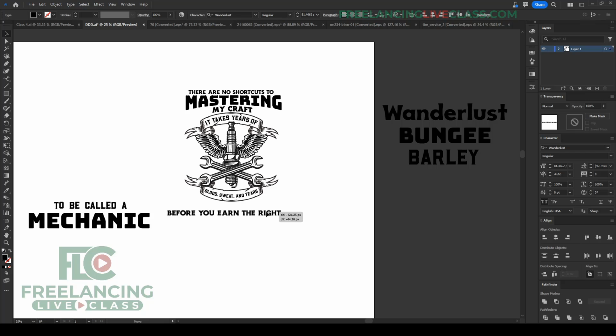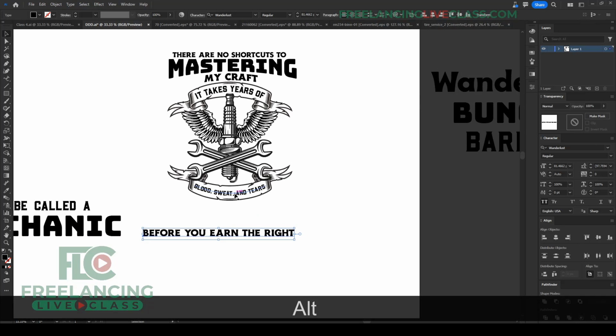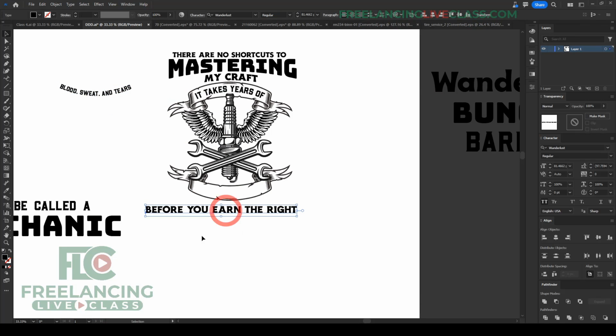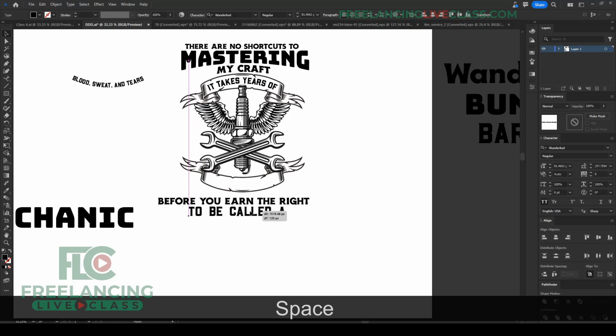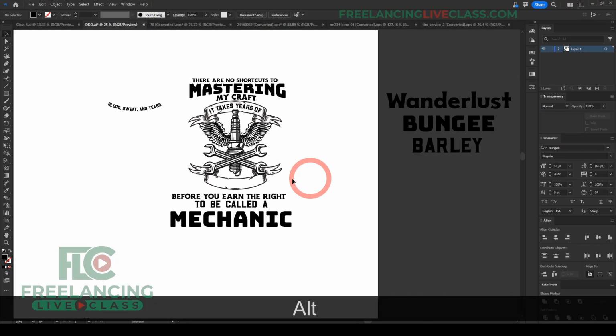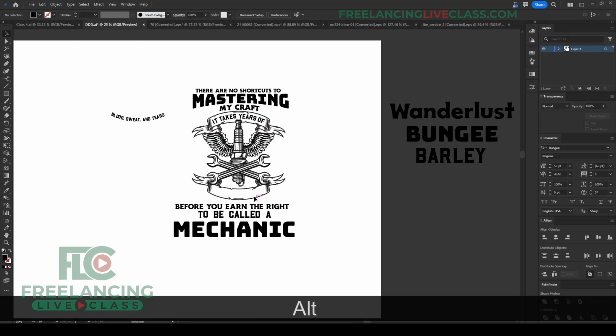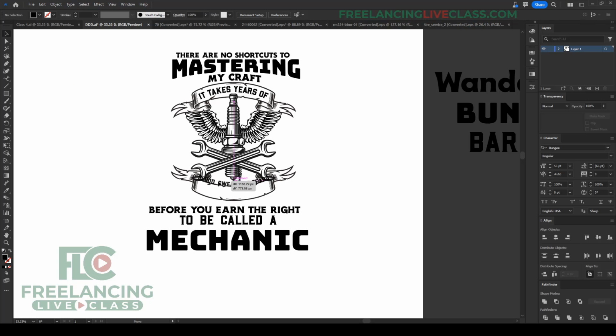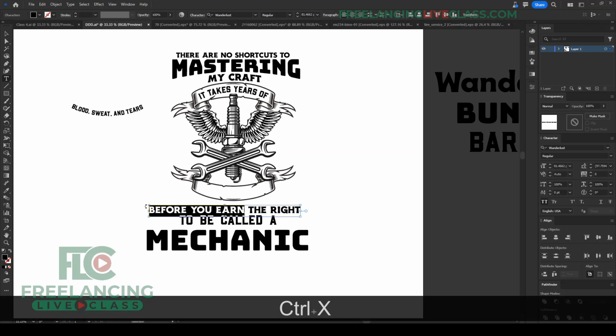before you earn the right to be called. Okay, so this text is really important one, so I'll just place something else there. Before you earn to be called a mechanic, something like this. Okay, so as you can see, I have this ribbon here. I can place anything I want, and I wanted to place a semi-long text, not too long like this one, because that will make the text look really small and that can be hard to read, and I don't want that. So for fixing that, before you earn, so if I take this part of my text, I'm going to